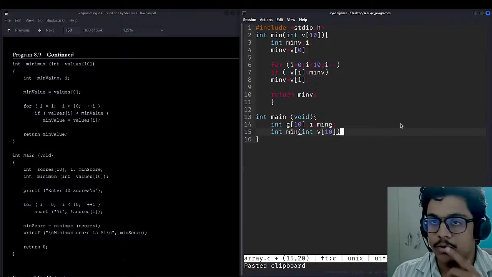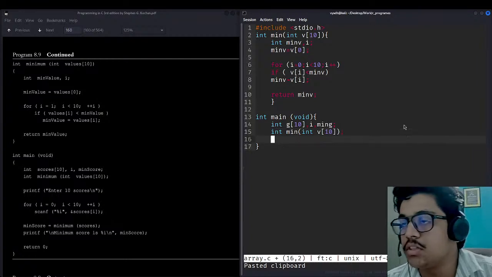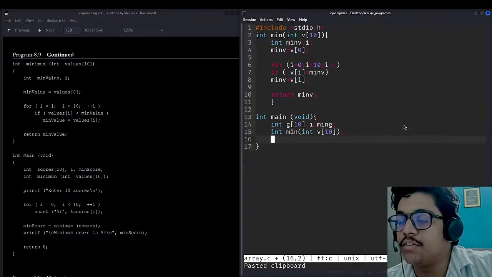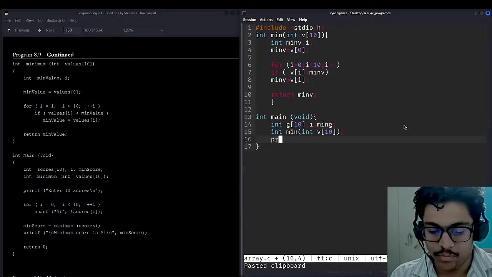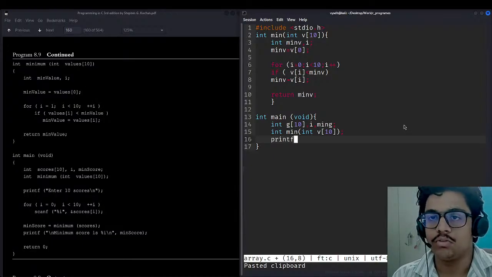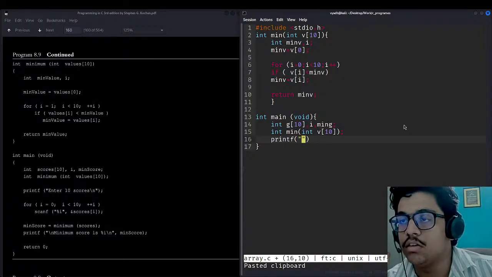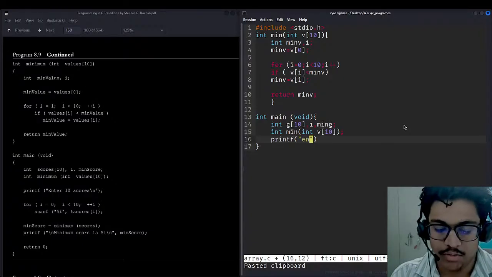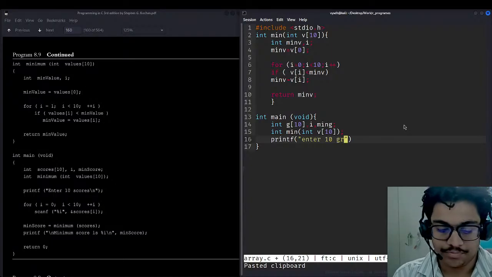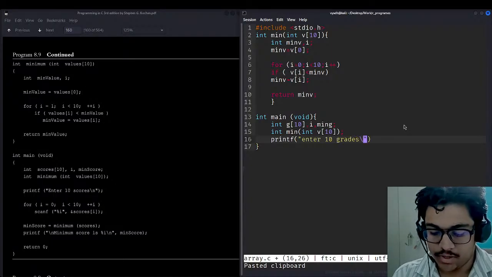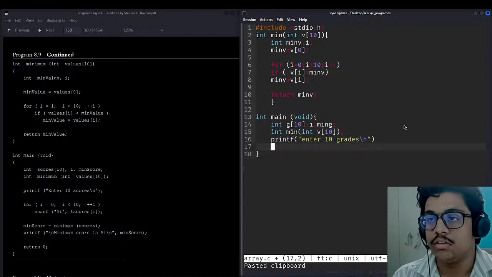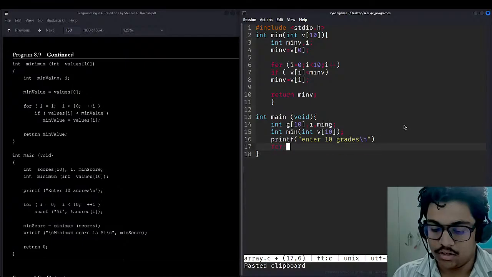Shift V. Okay, it's working fine. We should be terminating it with a semicolon. And what we will be doing now, we will be printing the values. We want the input, so we'll be telling the user to enter 10 grades, and expecting to end it with a newline character, and we will be storing it in the